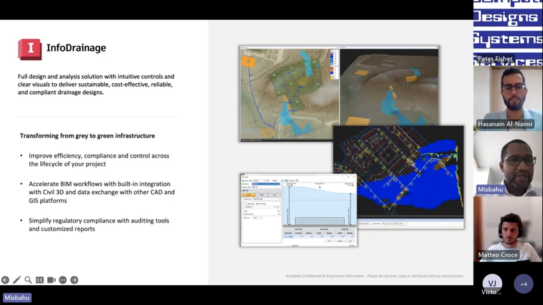It's quite very well rated for the green infrastructure by